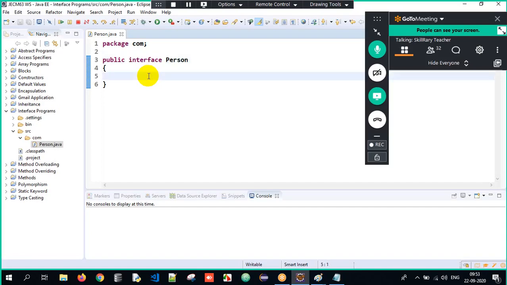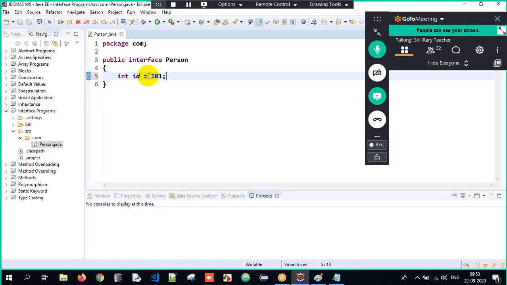Now, can an interface have a variable? Yes. See, I will just write int id, the ID of the person. Imagine it's an Aadhaar ID or election or passport ID, some ID, and the ID of that respective person is 101.